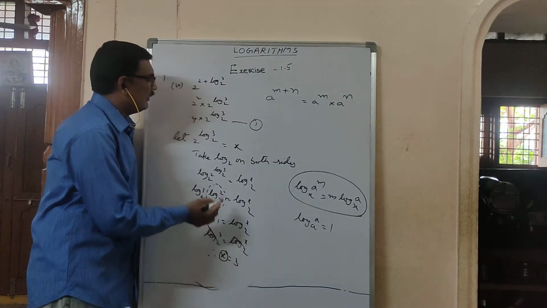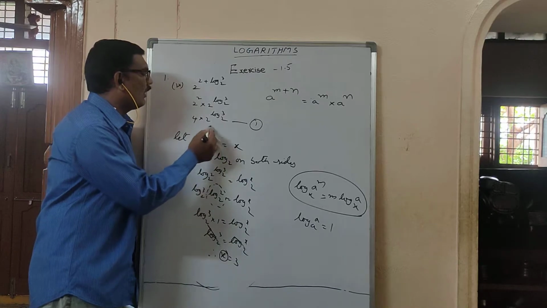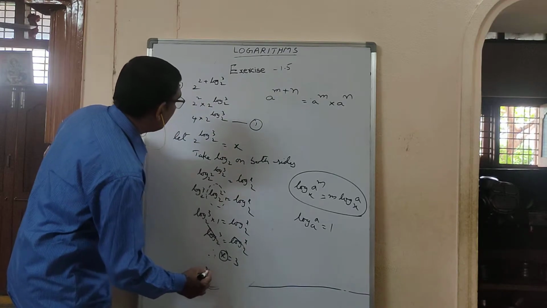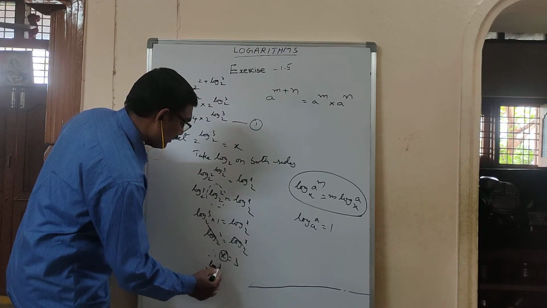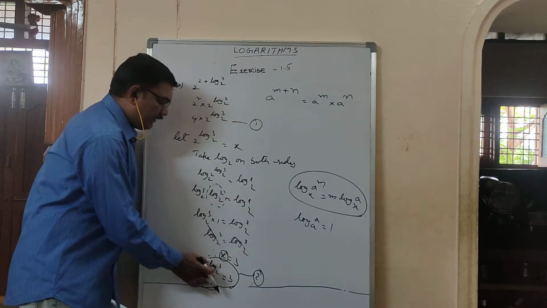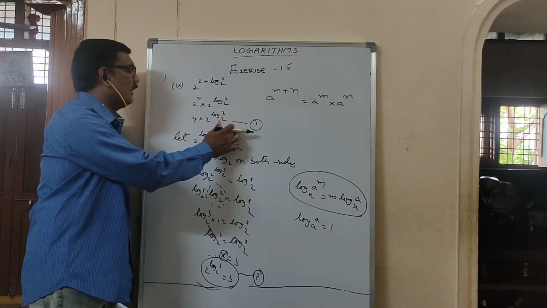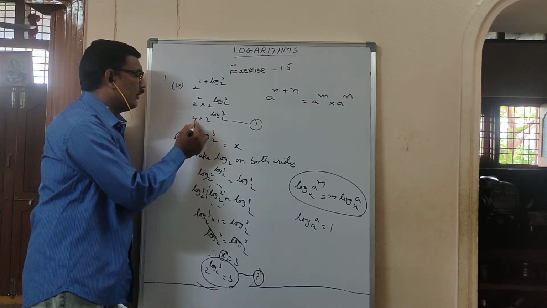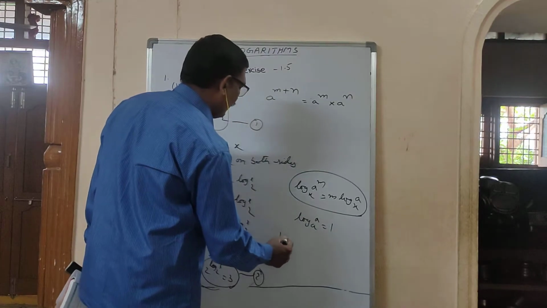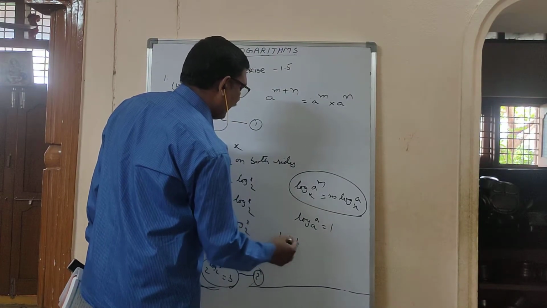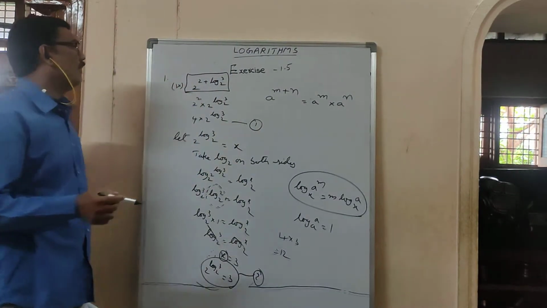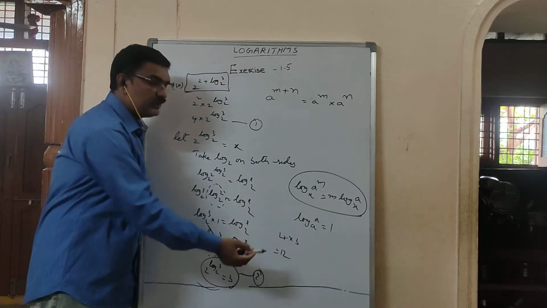But what is x here? x is the value of 2 power log 3 base 2. Means if you substitute, 2 power log 3 base 2, the entire value is 3. It is equation number 2. If you substitute its value in equation number 1, this 4 as it is, into this entire value 3 only. So the question becomes 4 into 3. What is the value of 4 into 3? 12. So the value of 2 power 2 plus log 3 base 2 is 12.